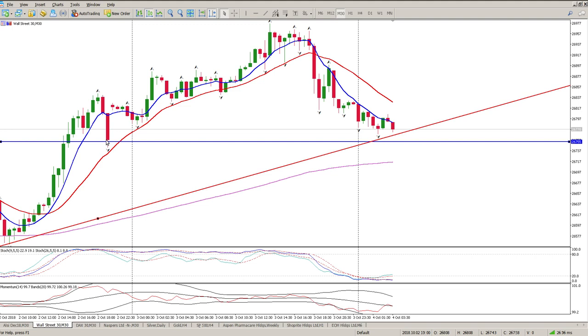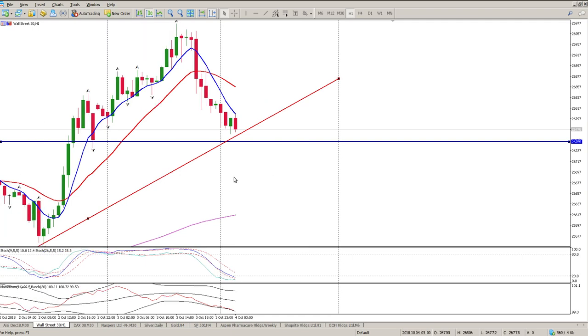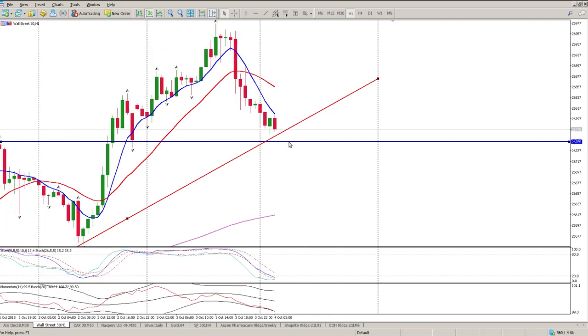This is coming up to close a gap. There was a previous gap, so you've got a gap close, you've got a level, you've got a diagonal, you've got a moving average down here on the higher time frames, and you can see how the hour is starting to group here as well. So I strongly suspect this is a pretty strong level,